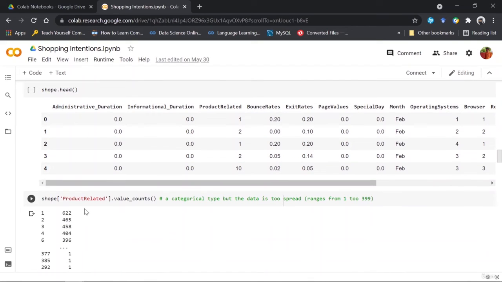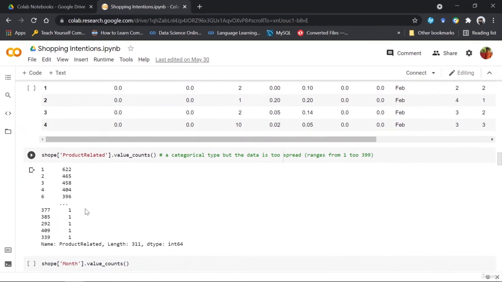So first is product related, and you can see that it has a length of 311, meaning that from more than 12,000 data points, only 311 unique values are present inside product related. And you can see that it ranges from 1 to 399.